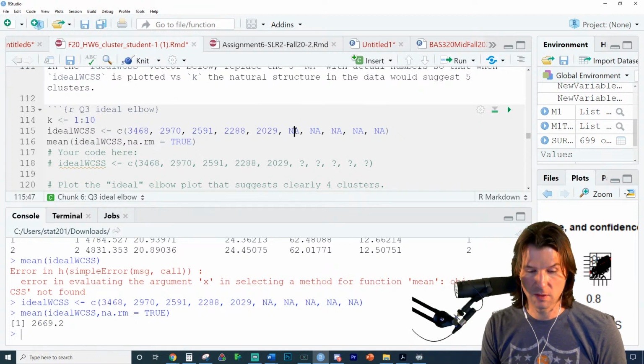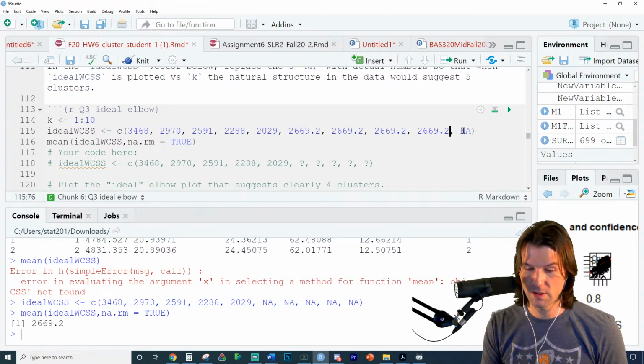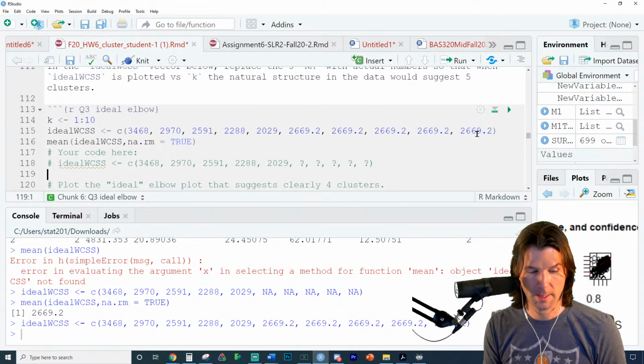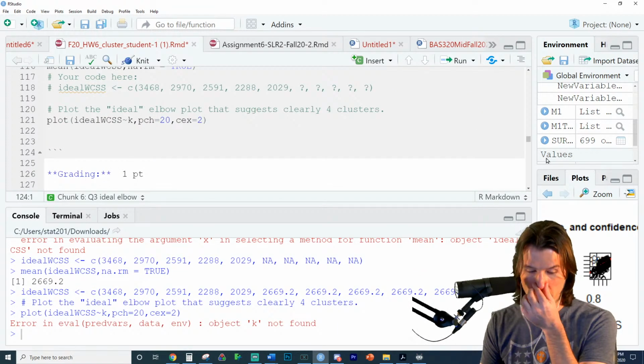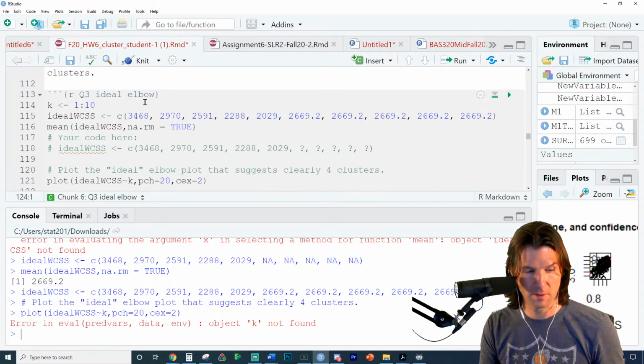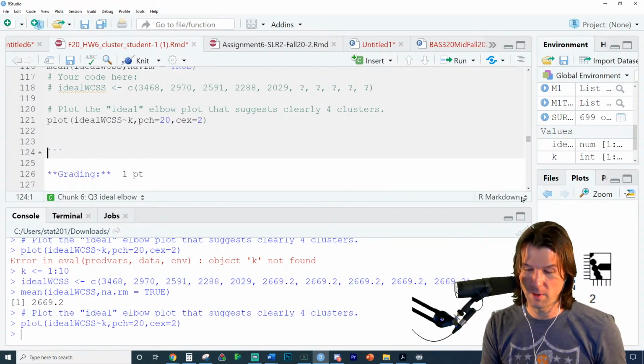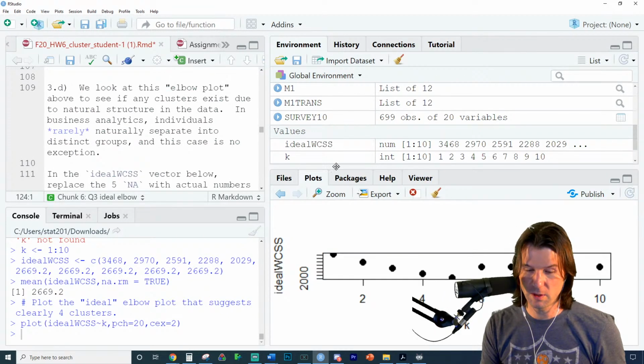But if you do this, what's it going to look like? Let's see what it looks like here. And we need to make it bigger. K not found. Oh, because we didn't do the Ks. And then we need, oh, there it is. So if we replace it with the mean,